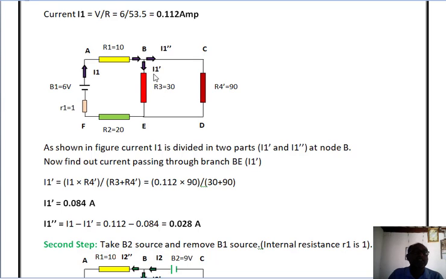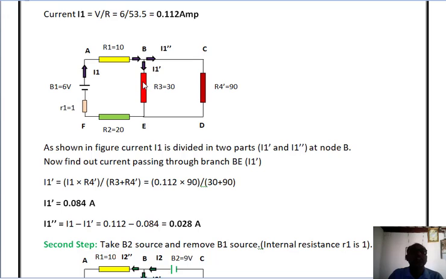Now we are interested in finding I1 dash, which is the current passing through this 30 ohm resistance. Then how to find it? We can apply the current dividing rule. For this we use one method. Whatever current passing through the resistance or element is required,